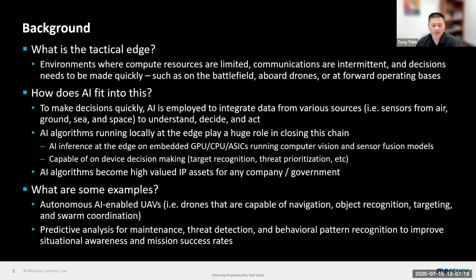And there are some examples at the bottom of where some of these things are going to be deployed, and these are active areas that are being developed or in development, and also in fielding in the next couple of years. So this is a very big topic for us here at Mercury, given that we do a lot of mission critical edge processing, mainly in hardware and a little bit of software, and trying to make sure that we protect everything we can related to that.